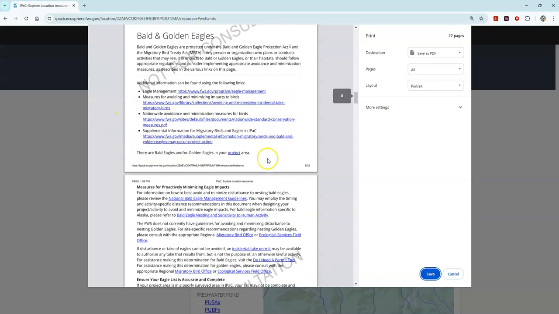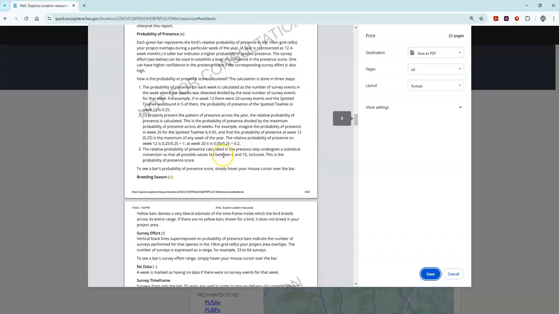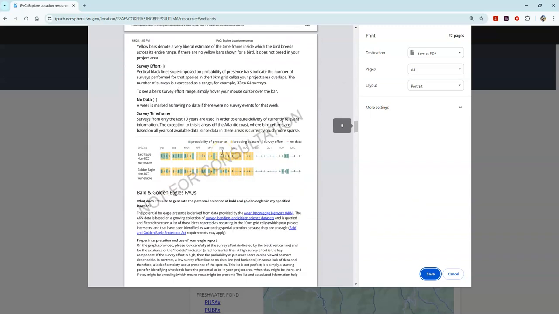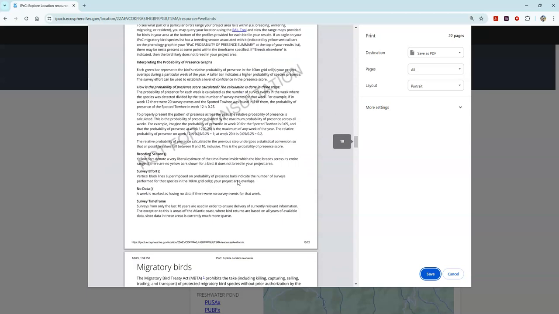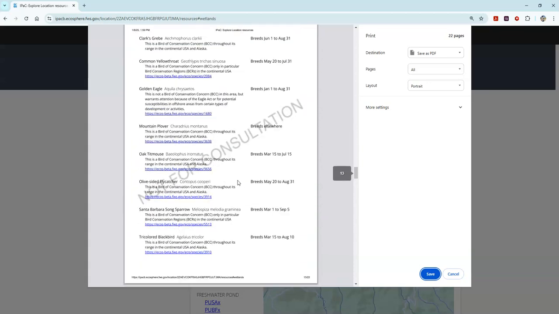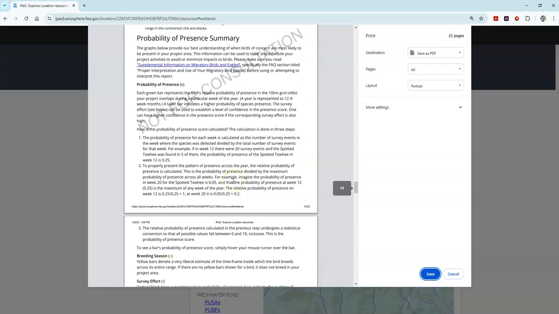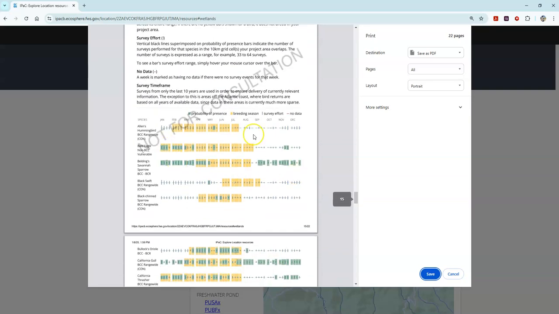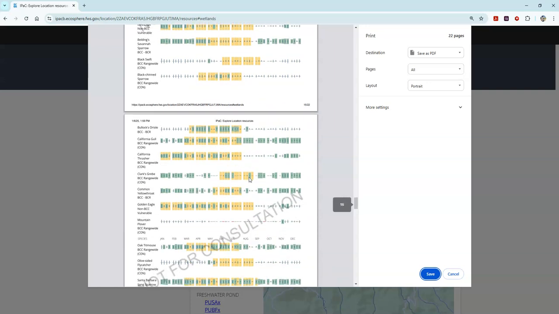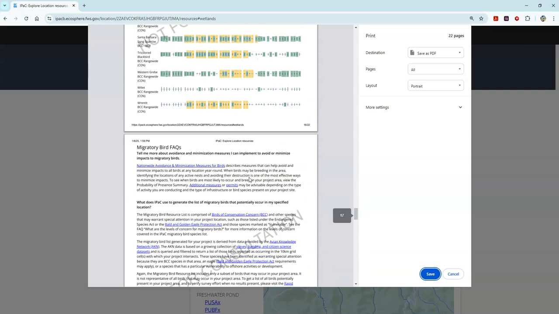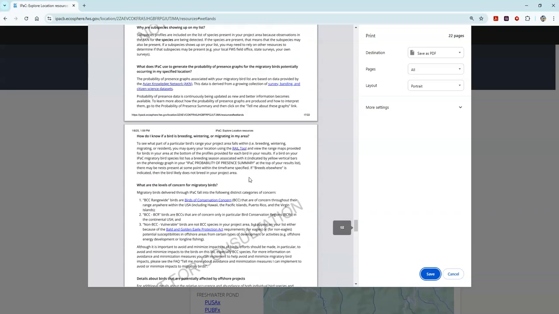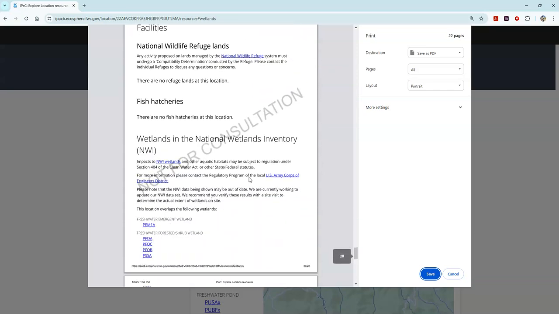Bald and golden eagle. It also gives you their probability of presence summary for them. So you know, like, here's the breeding season, here's the activity periods within my project area, and it does the same for your migratory birds. So it's really useful too. For each of your migratory birds, it gives you their probability of presence summary and their breeding seasons as well. So you can definitely plan a lot better with this information about when your projects occur and how to avoid impacts to species. And then the final thing it gives you is your